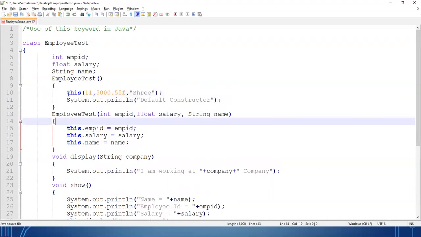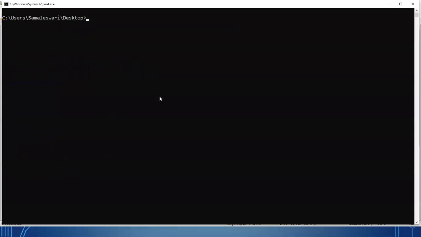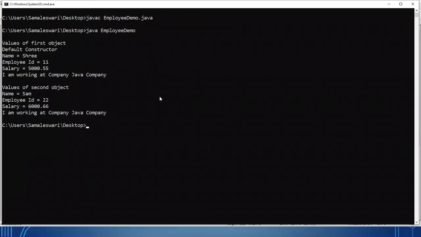So let's check: we can manually call the default constructor inside the parameterized constructor. Can I call the parameterized constructor inside the default constructor? Yes or no? Okay, done. I'm getting the values of the first object, calling the default constructor.